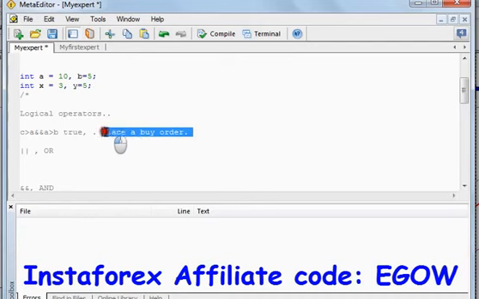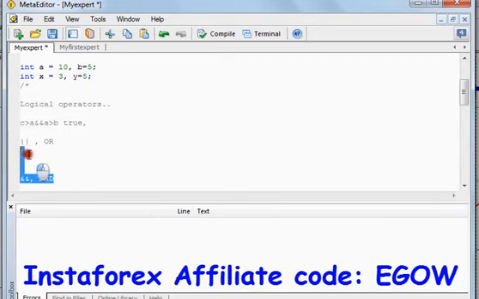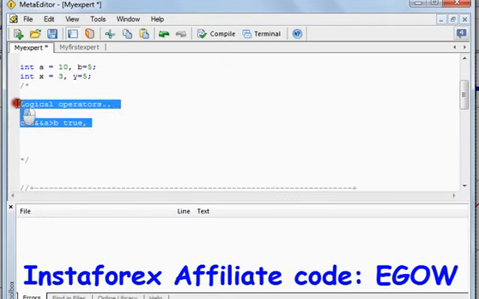We'll see how to place buy orders later, but in this video I only wanted to describe the logical operators, how they are useful and how to use them. That was my only purpose of this video. So now that you know the NOT operator